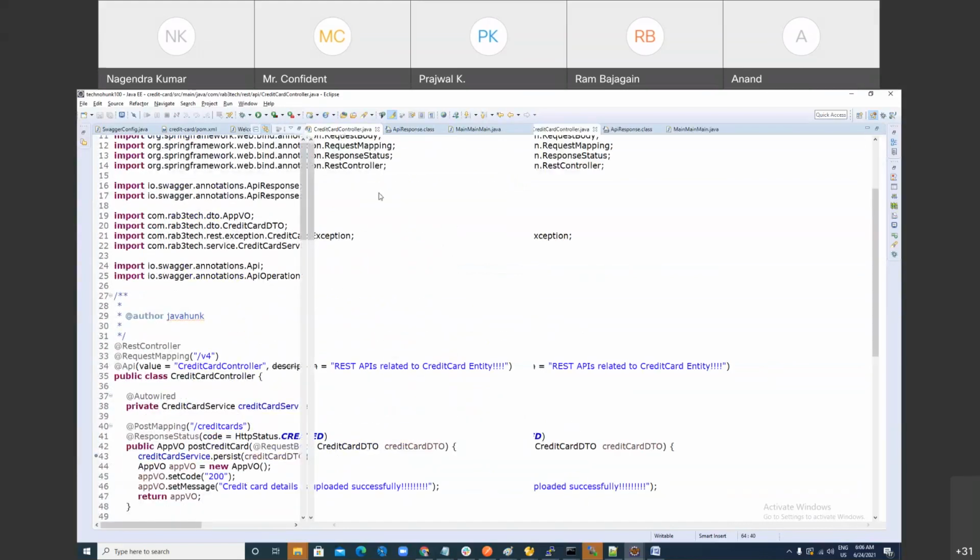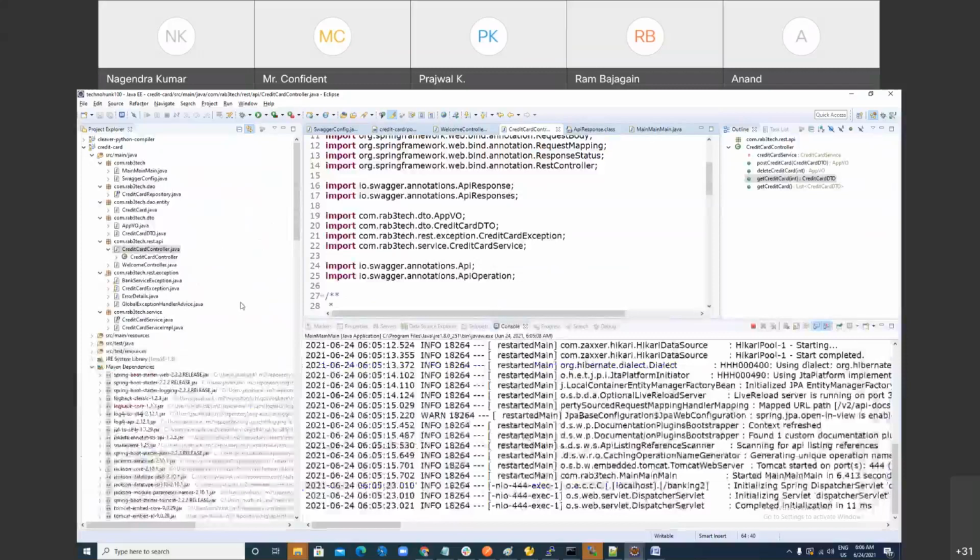I hope you understand these two things today. How to do exception handling in REST API. The second thing we have learned is Swagger, right? And see, today onwards, I'm not going to teach you any topic like this. Whatever I will do,